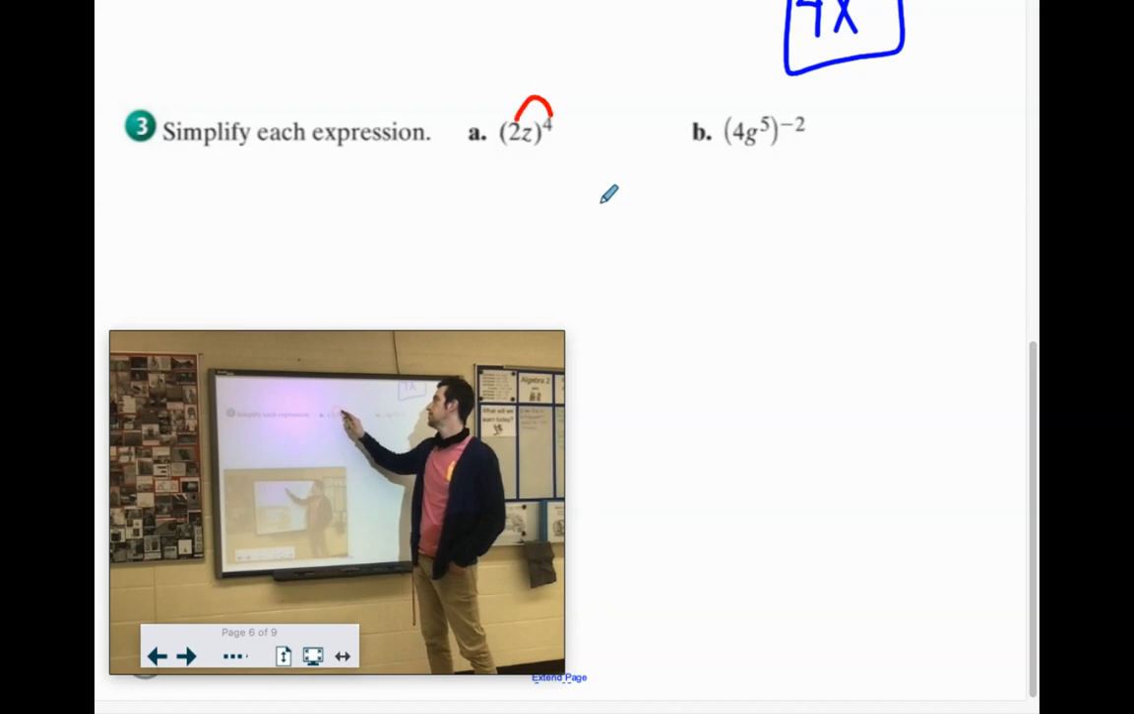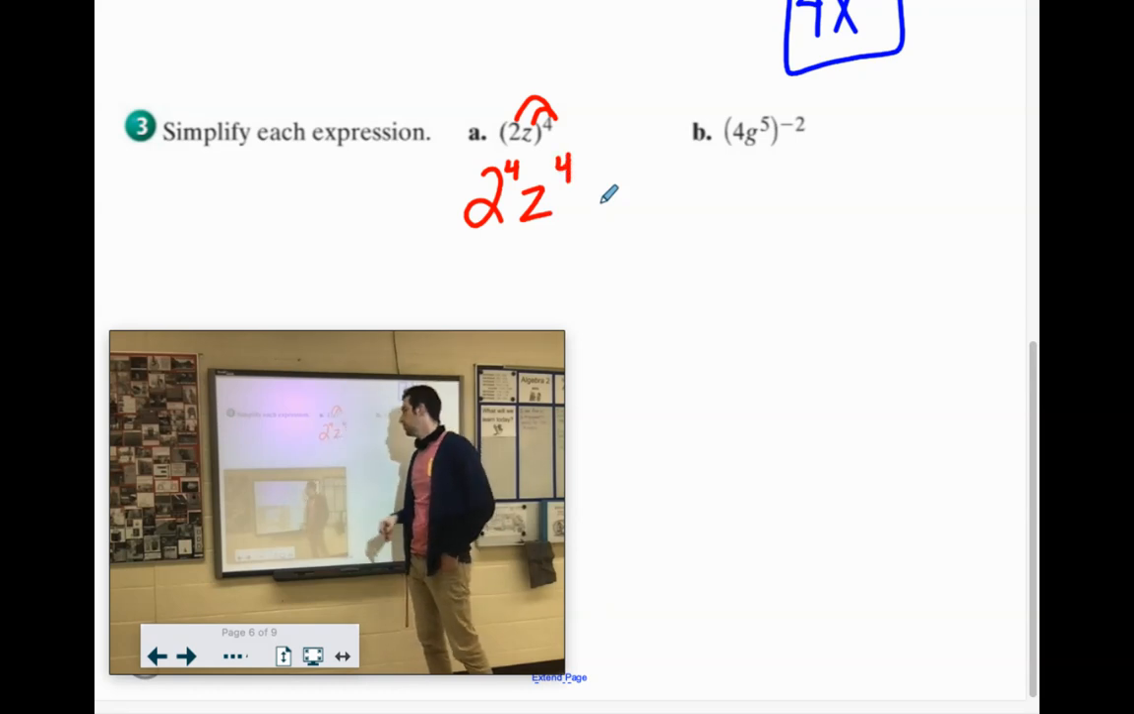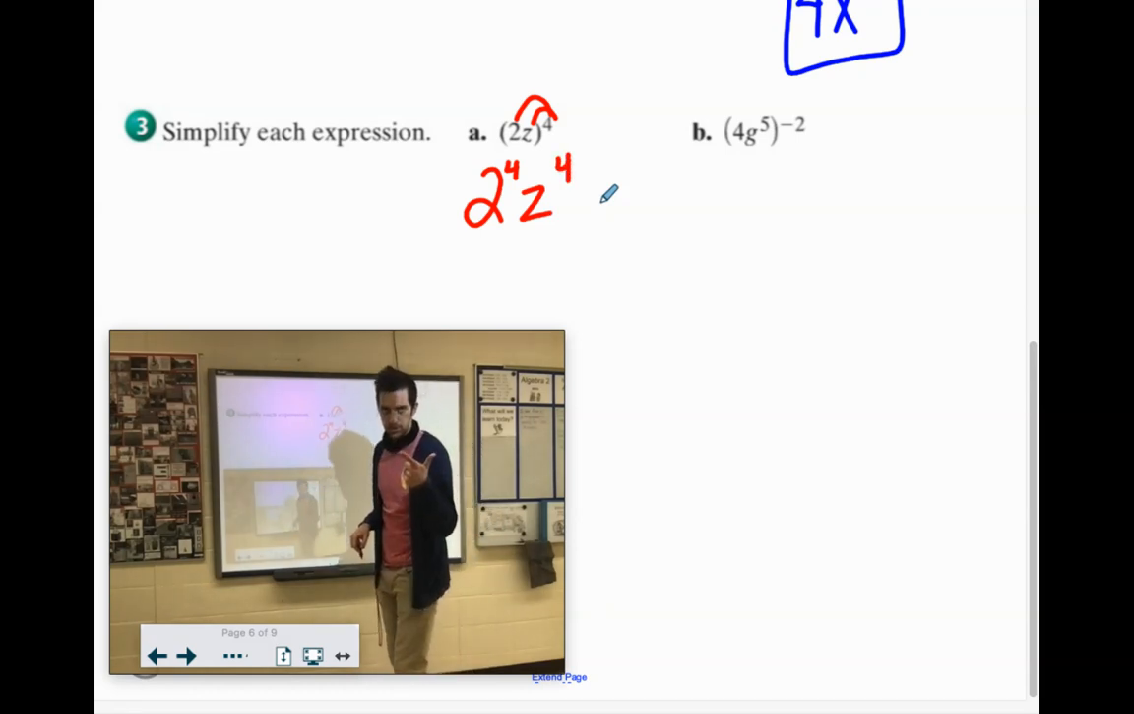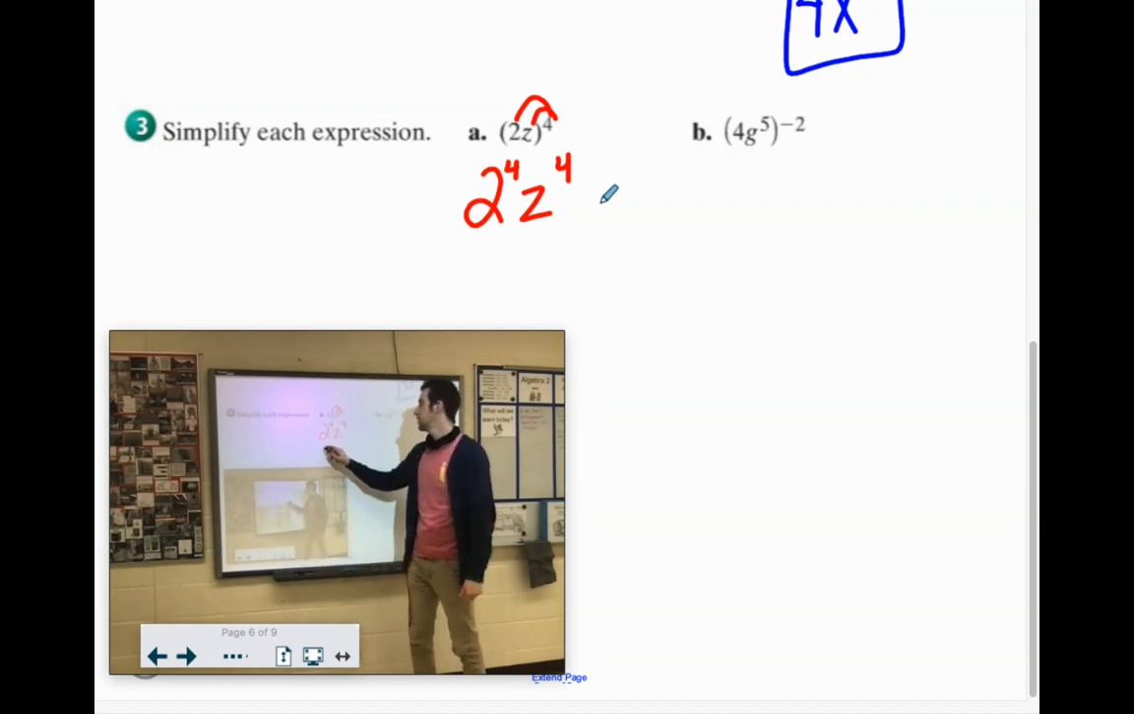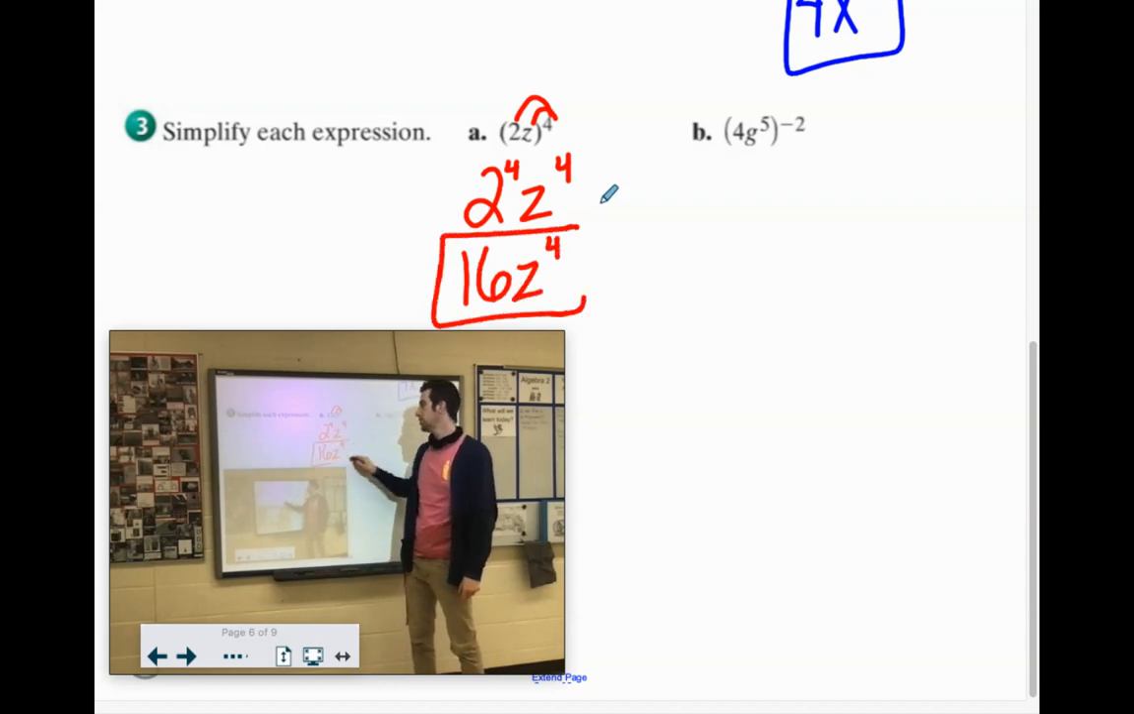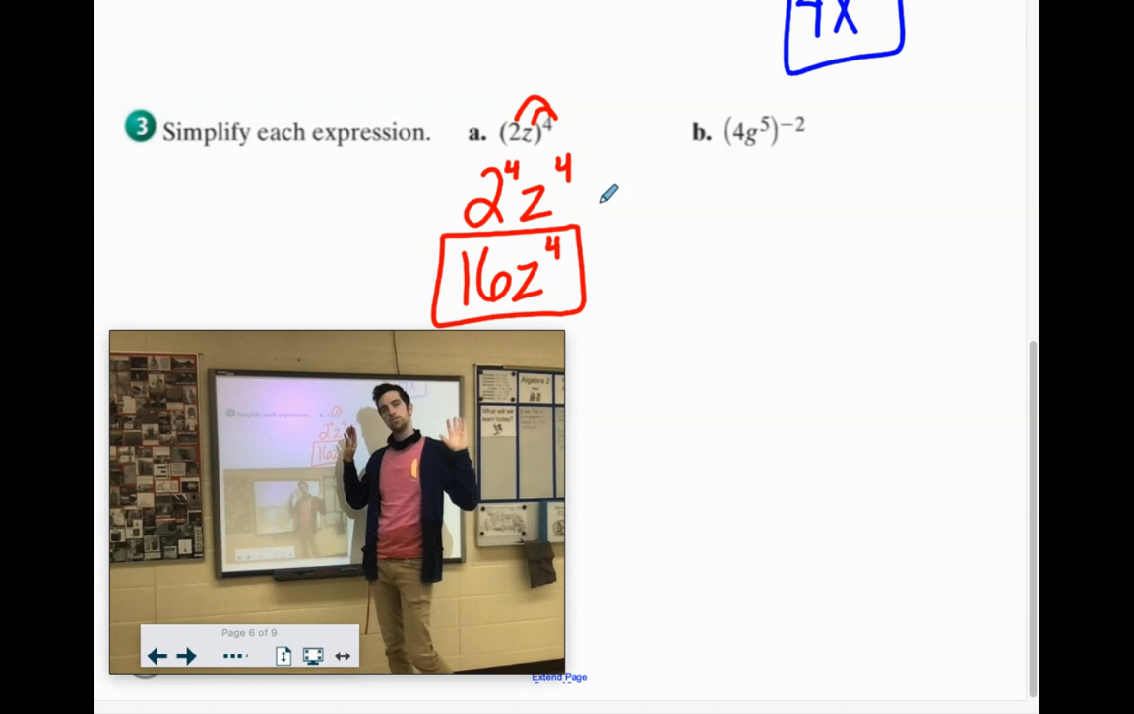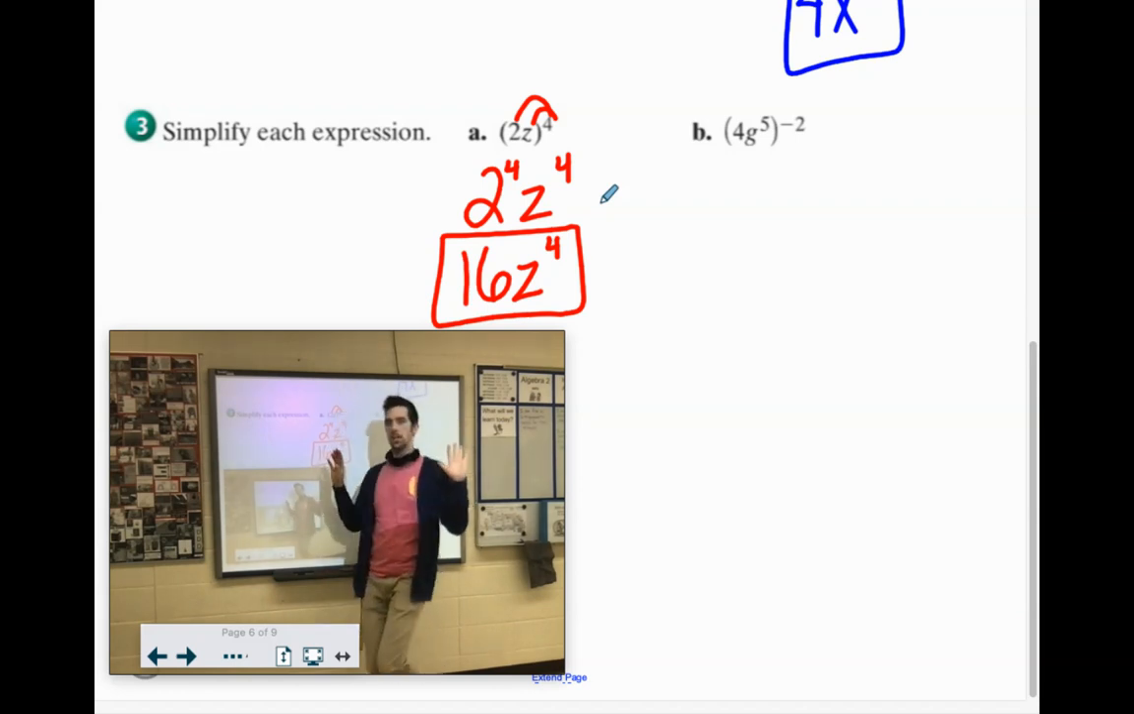All right, we'll give everything the fourth power here. So we got to give it to the 2. We got to give it to the z. So 2 to the fourth, z to the fourth. Now, 2 to the fourth, let's see. 2 squared, 2 times 2 is 4, times 2 is 8, times 2 is 16, z to the fourth. Make any adjustments you might need to with 0 exponents or negative exponents, and you're golden,